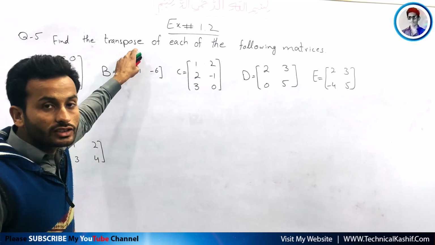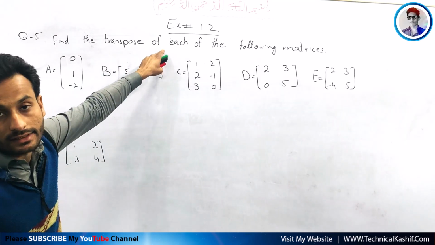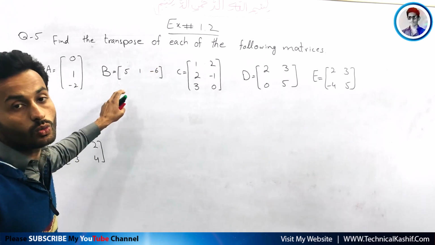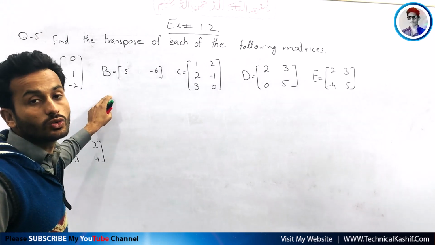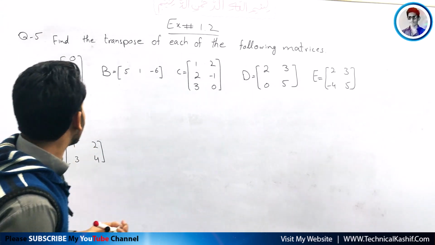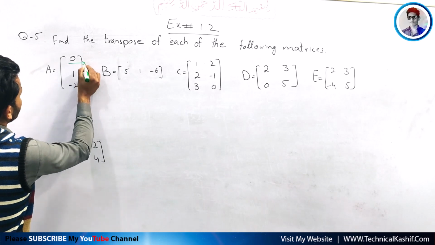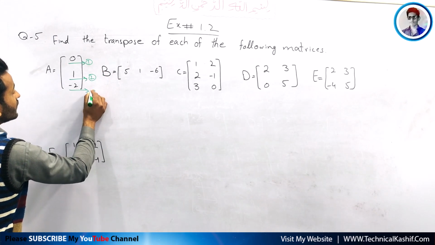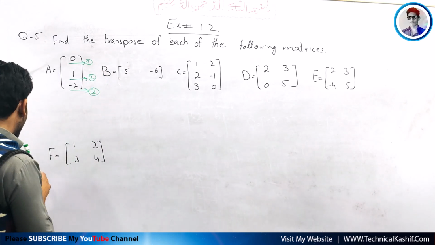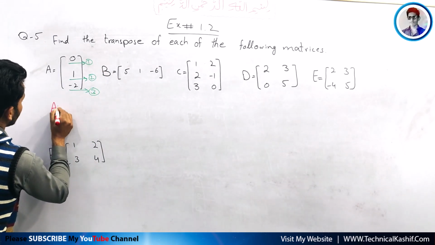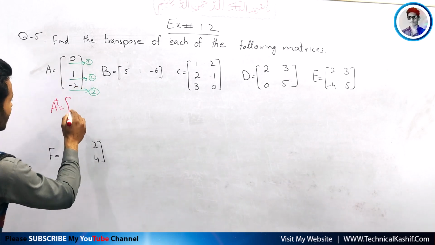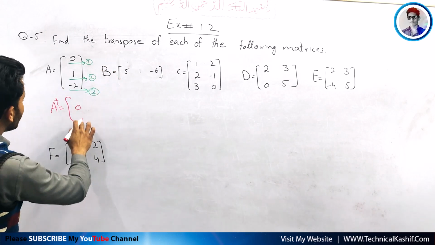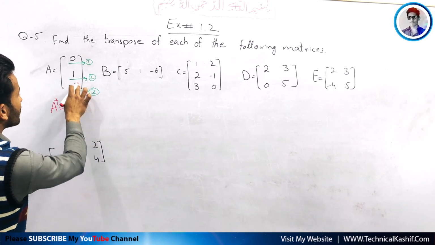As we studied, the transpose of a matrix is found when all the rows change into columns or columns change into rows of a matrix. See there. First one, it has 3 rows, first, second and third. We change its 3 rows into columns. So A transpose: the first row changes into its column 0, that is the first column. It has no other elements, so it is only a single column matrix.